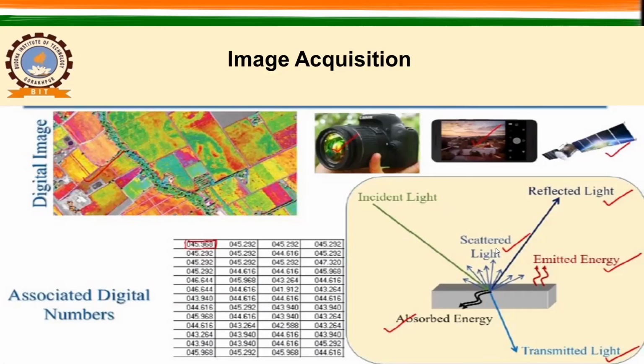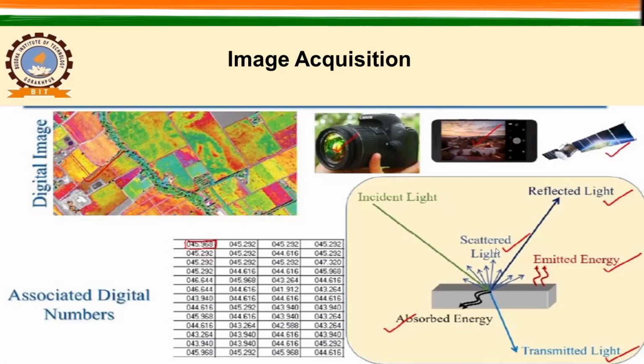And the third case is remote sensing. We are using sensors from a space-borne satellite or on Earth. In the fourth case, we can mount it on an aeroplane or helicopter, and then we can capture our images. So during this, we are basically capturing either reflected light, emitted light, transmitted light, absorbed light, or scattered light. These are the fundamentals.